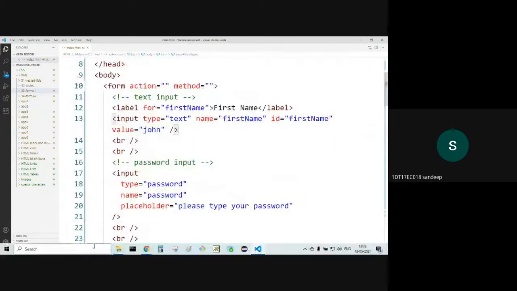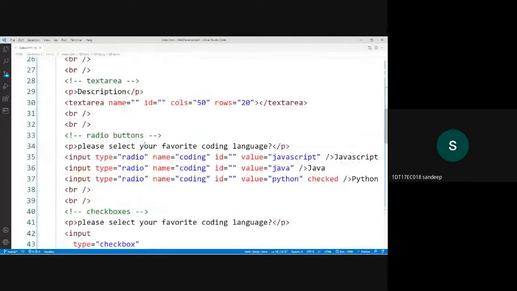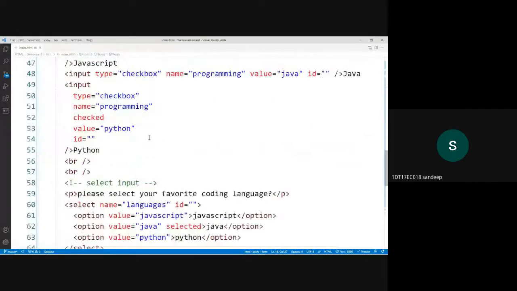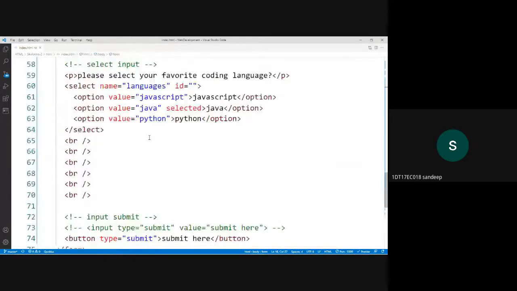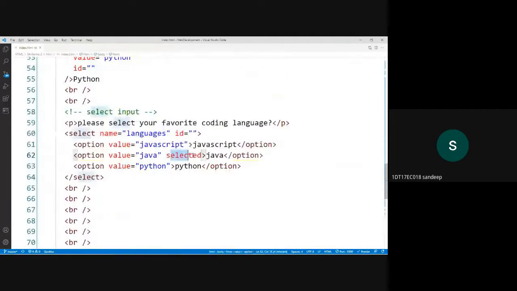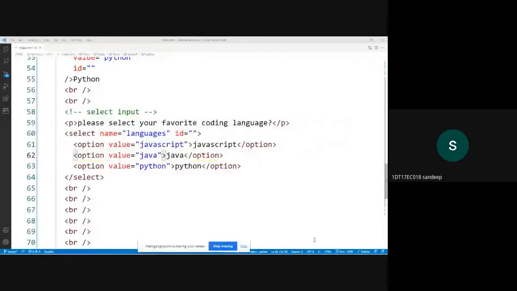Sir, if we remove selected, then we can select anyone, sir. If I remove selected, what happens? Whichever option is there as the first option will be selected by default.